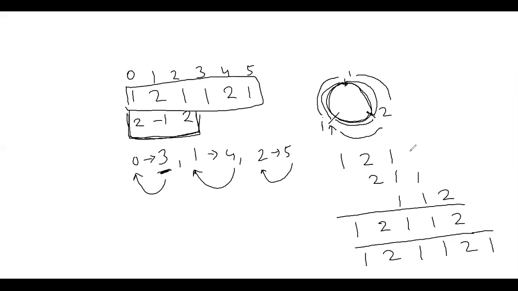Why will 0 and 3 be similar? 3 mod 3 gives remainder 0. Same with 4 mod 3 and 5 mod 3. This is 0, this is 1, this is 2. So with this simple trick,